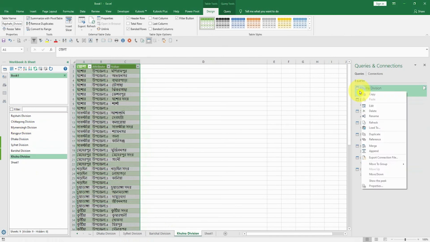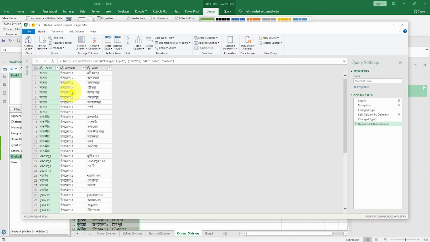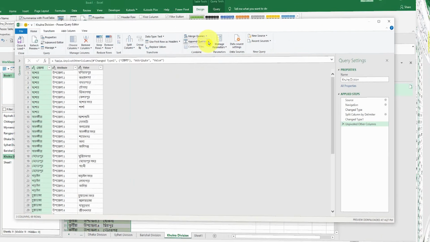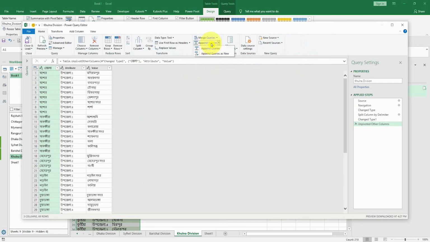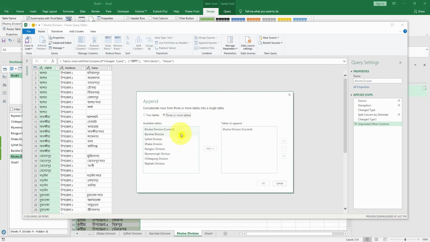We can see that all split columns are merged into one column. Then I will combine all tables into one table from the append queries option so that all upazilas are shown in one table.